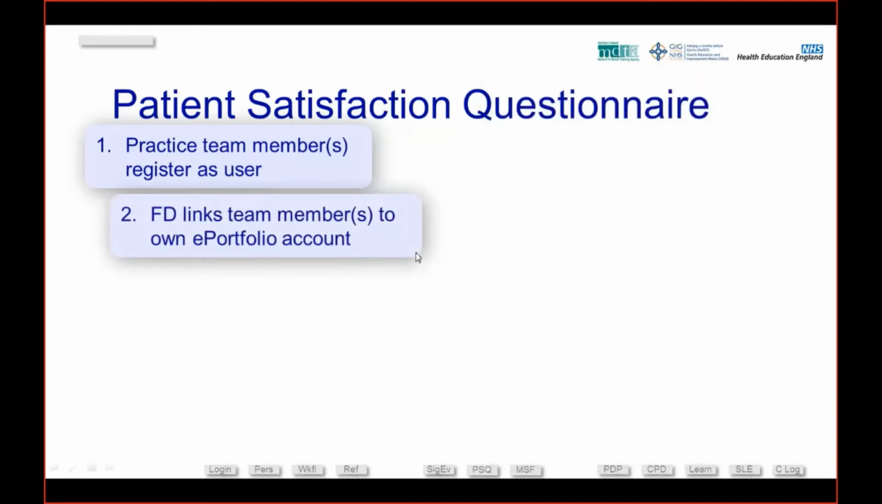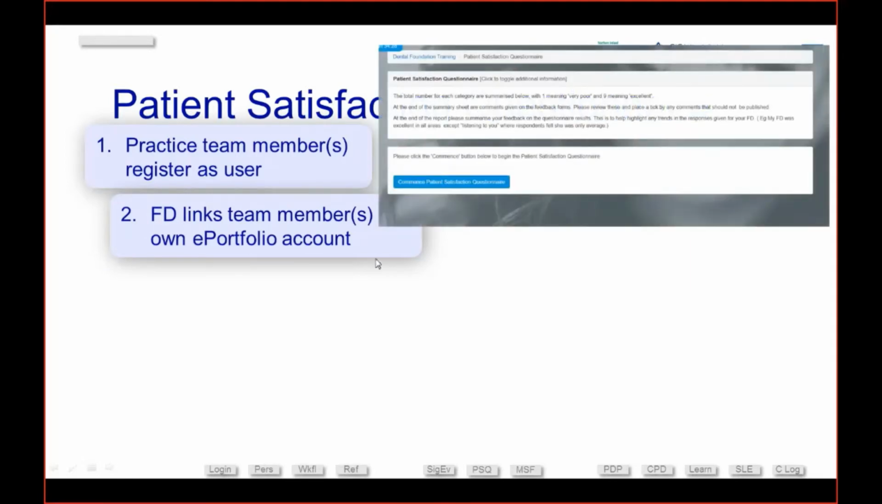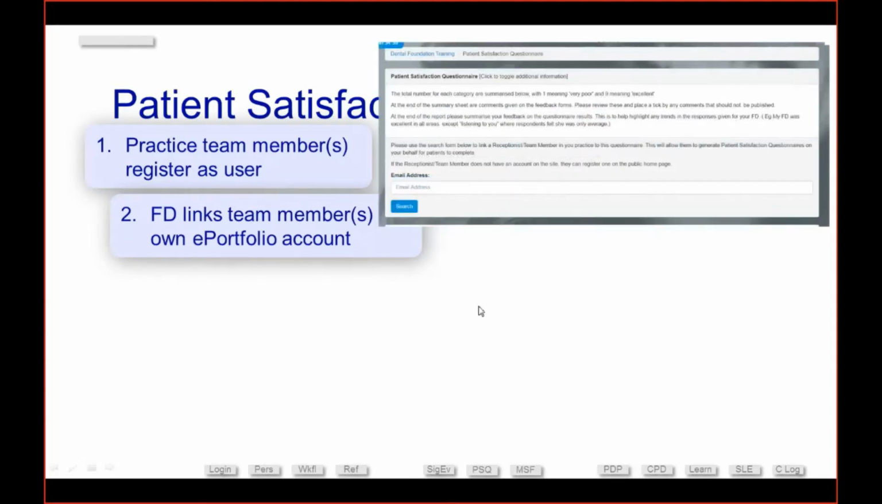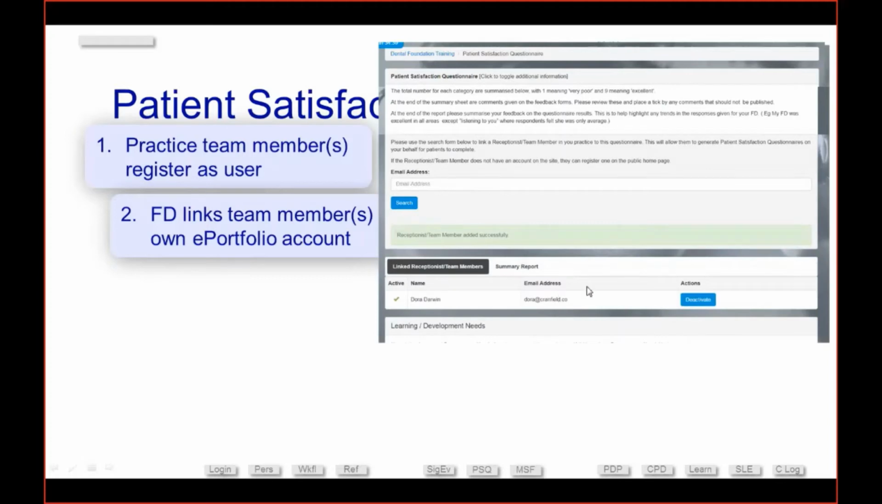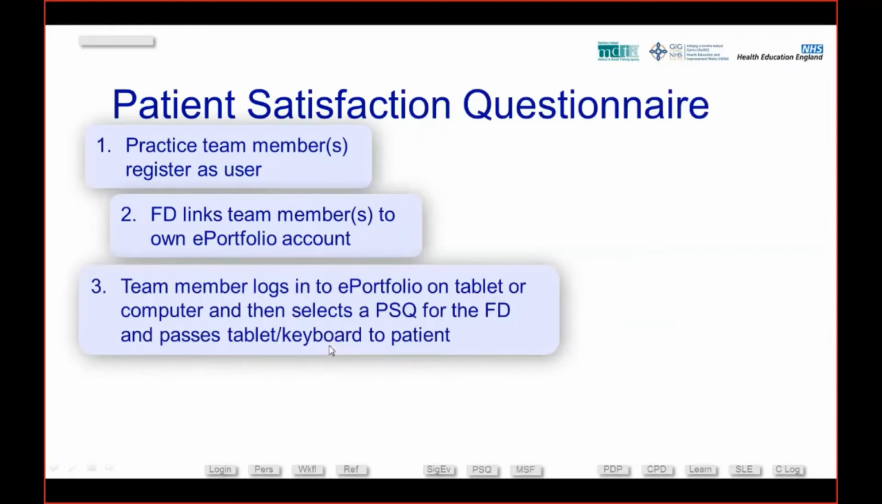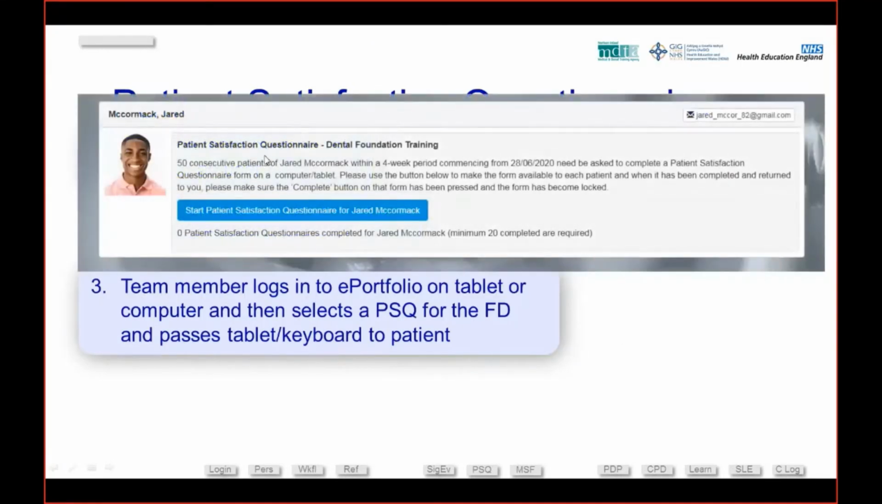Now the foundation or DCT links the team members to their own ePortfolio account. So they log into their ePortfolio, they search for Dara Darwin, and then they add them. Then Dara is linked. So now, when she logs in, she'll be linked to this portfolio. In fact, when Dara logs in, she'll see on her